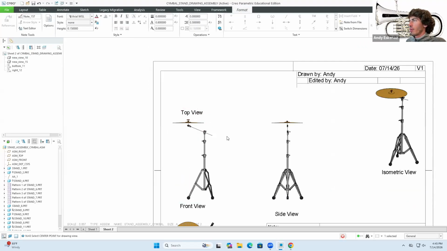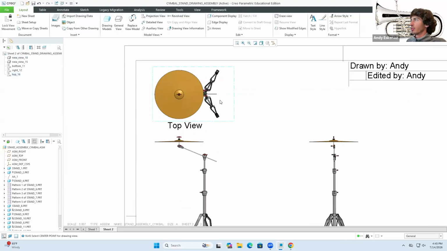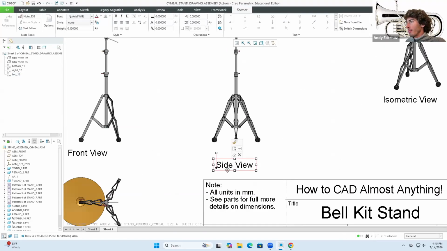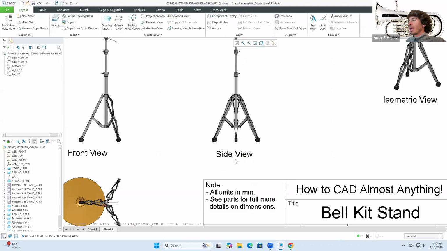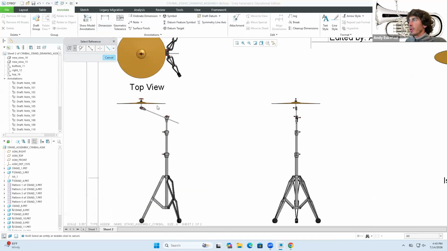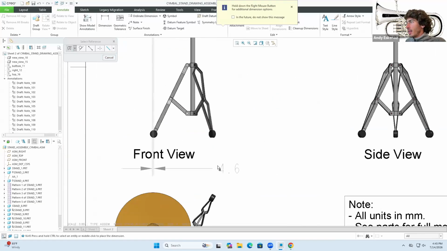And then all that will be remaining to do is add an additional top view in there, as you can see. And I kind of like it. It looks almost like a satellite from this top view. And then I'm gonna raise this in here. And then a couple of things that we can do from here is going over to annotate, then go here to dimension, and then we can go back to selecting that face,